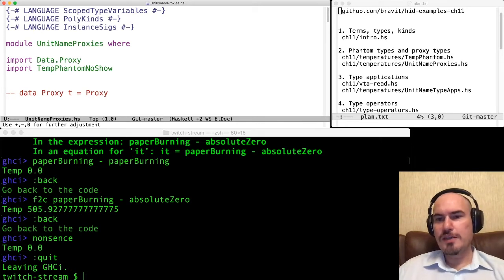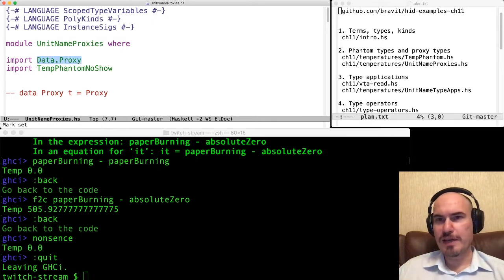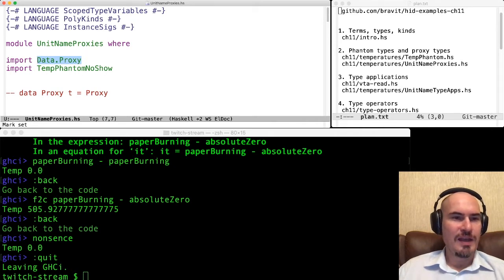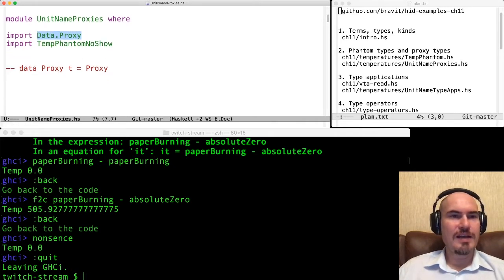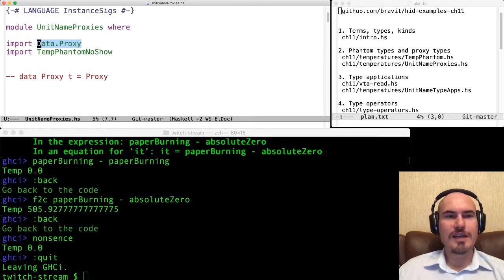Proxies. This is also an ancient technique. With this technique, we will use this module. It comes from the base package. We don't have to load anything specifically for it. And here, this data type is already defined in this module, data Proxy.